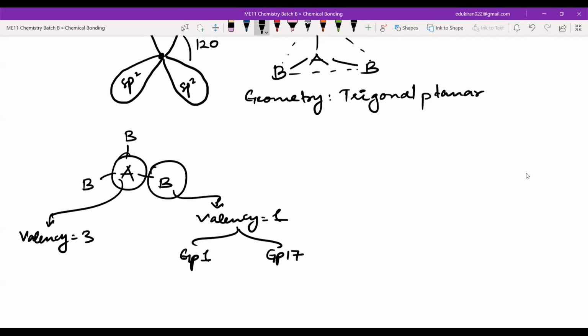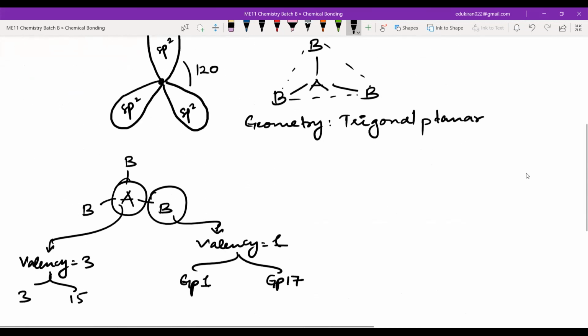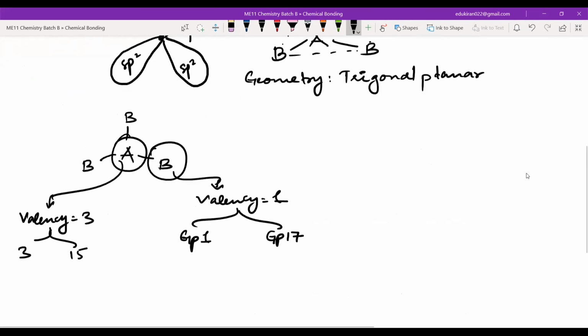And obviously it is making bonds. So this can be group 3 or nitrogen, group 15 also, right? But please remember that we have not taken any lone pairs. If nitrogen is making 3 bonds, then it will have a lone pair here. So we are just taking the sigma bond equal to 3, and there is no lone pair. Steric number is 3 here. So this group 15 cannot be there, as we have only made the sigma bonds and no lone pair.